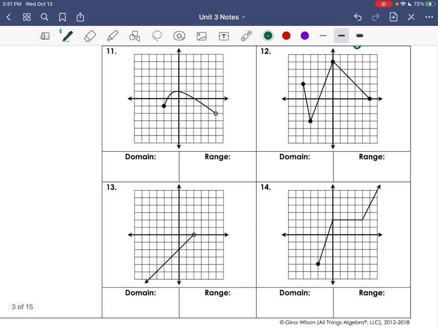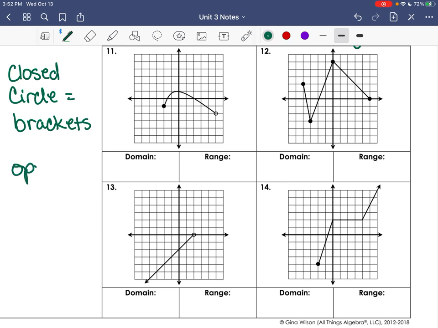Now, number 11 starts with a different little concept here where we have some open and closed circles. So we're going to put down here that if we have a closed circle, that means that we're going to use brackets. So it's no different than what we've been doing. A closed circle means that number is included. We're able to touch that number. Everything's good. An open circle